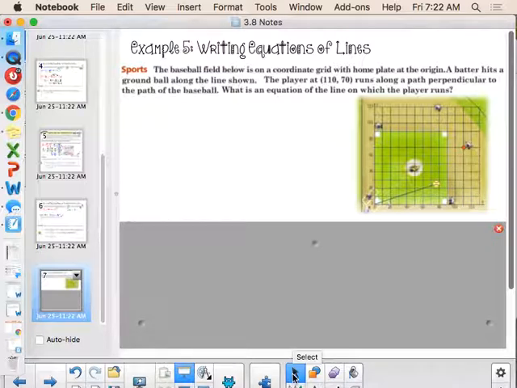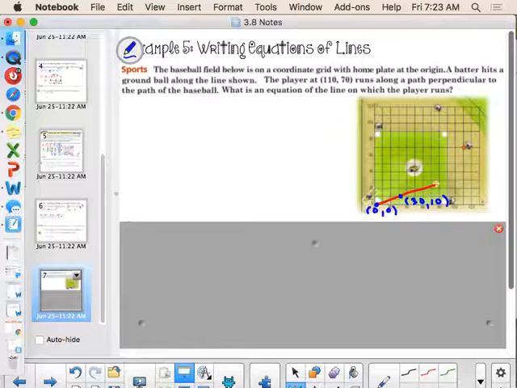But it might be first helpful for me to identify the slope of the baseball. I'm noticing that I've been given some firm coordinates here. One firm coordinate that I'm given is (0, 0). Another firm coordinate that I'm given is (30, 10). Quite frankly, I find it to be most efficient for us to find the slope using those two coordinates of the baseball. So I'm going to do m of the baseball. Looks like a tennis ball.